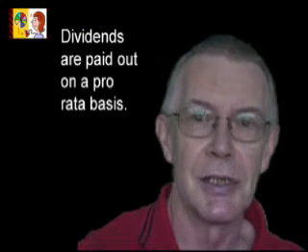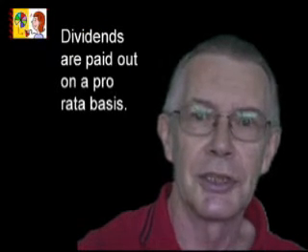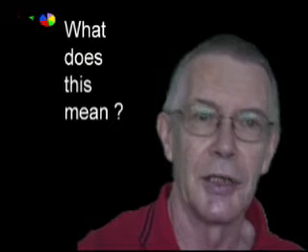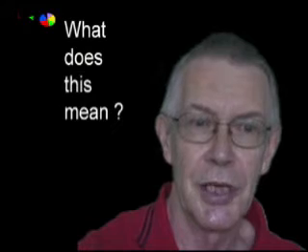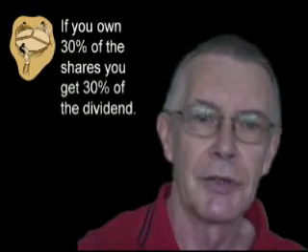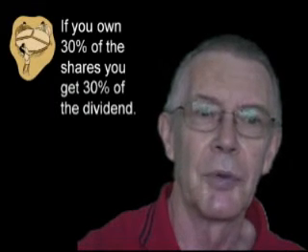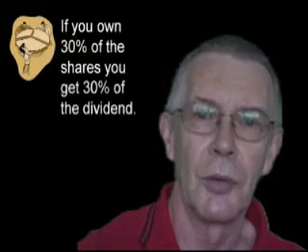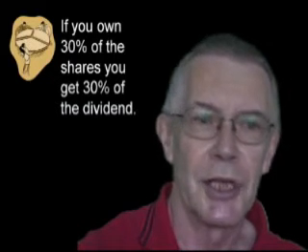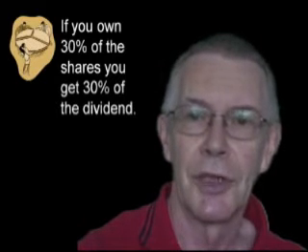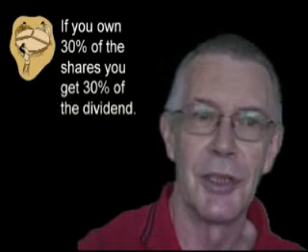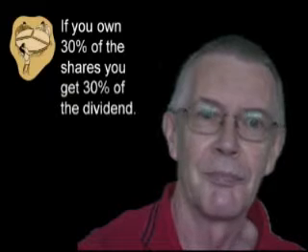Dividends are usually paid pro rata. It's important to understand what this means. It relates to the share that you hold and the share that you can expect to receive. So in plain language, what does that amount to? The amount of cash that you receive will be in proportion to the amount of stock that you hold. If you hold 30% of the stock, you get 30% of the dividend. If the total dividend is $1,000, then you get $300.